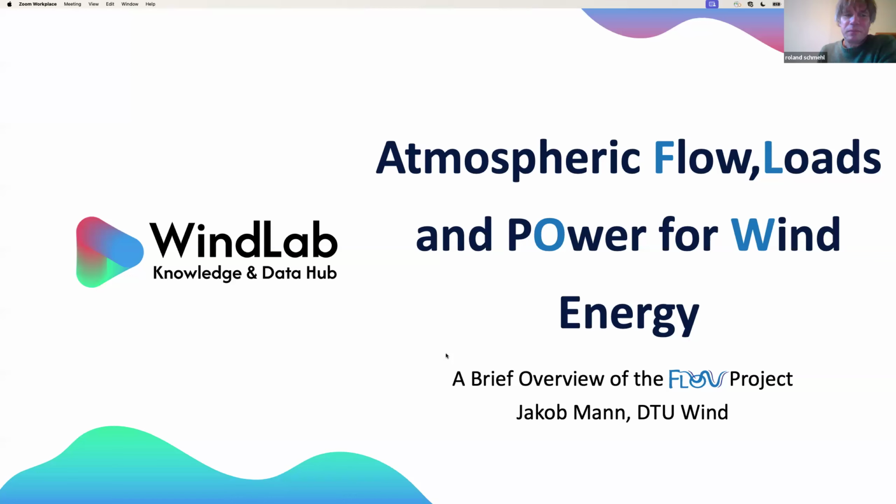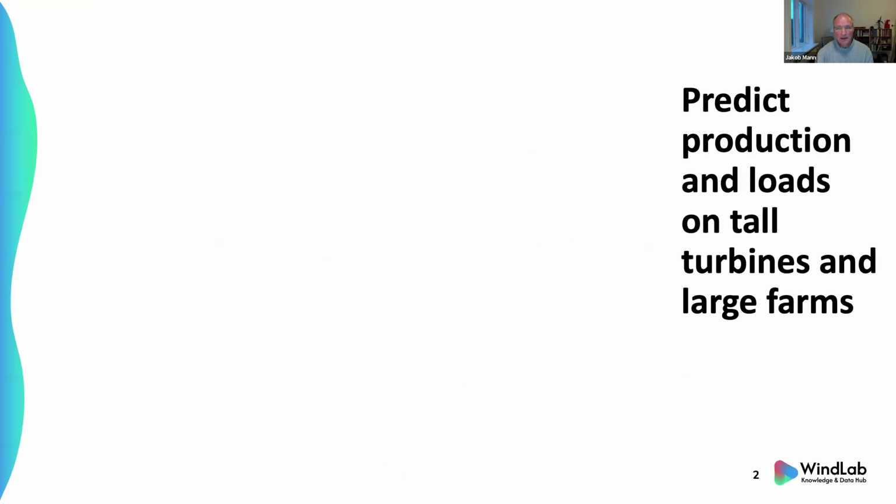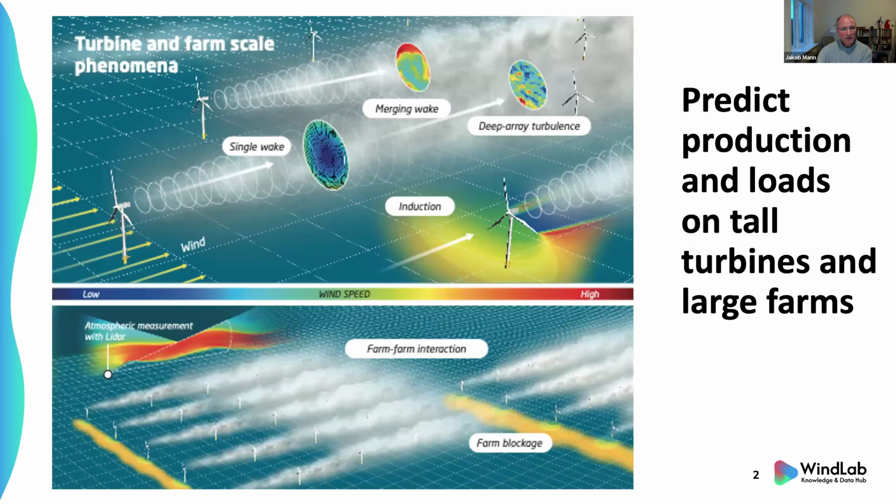The FLOW project is an abbreviation for Atmospheric Flow, Loads, and Power for wind energy. The purpose is to predict production and loads on tall wind turbines and large wind farms. The physical processes we are looking at, and trying to improve the modeling and understanding of, are wakes, of course, turbulence in wakes, inflow turbulence,